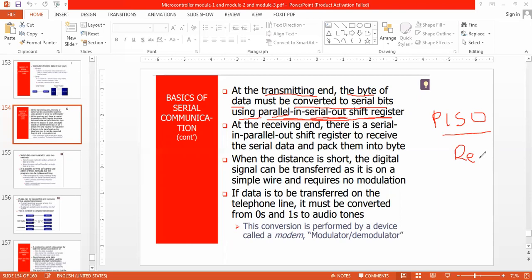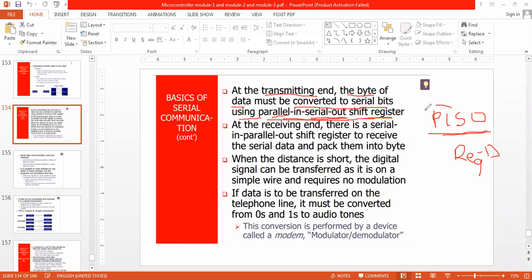There may be a JK or an SR flip-flop, but basically we go for a D latch as the register for the parallel input, serial output converter.